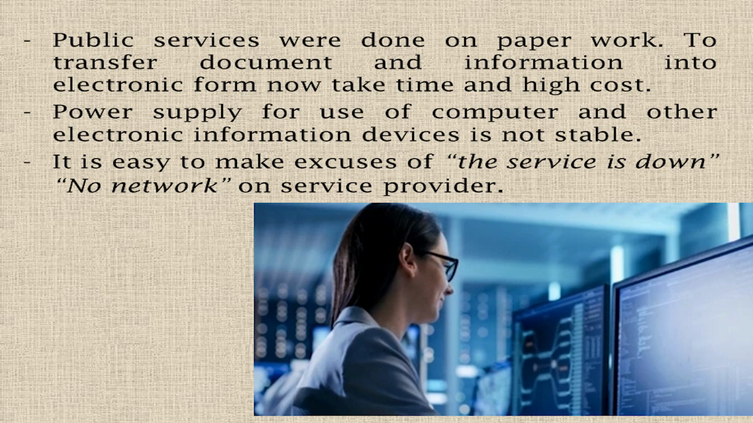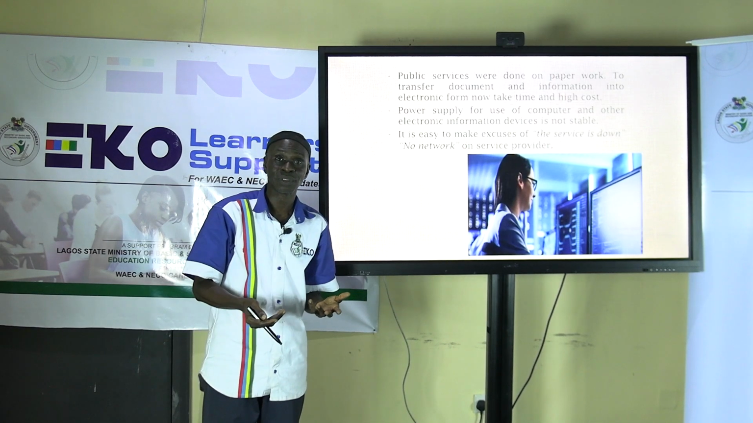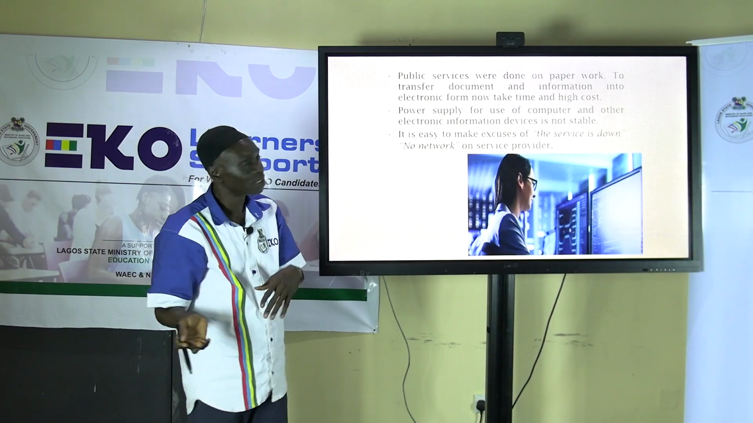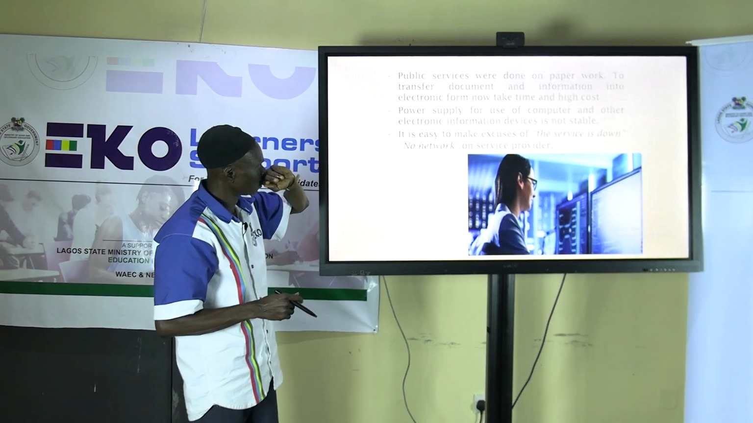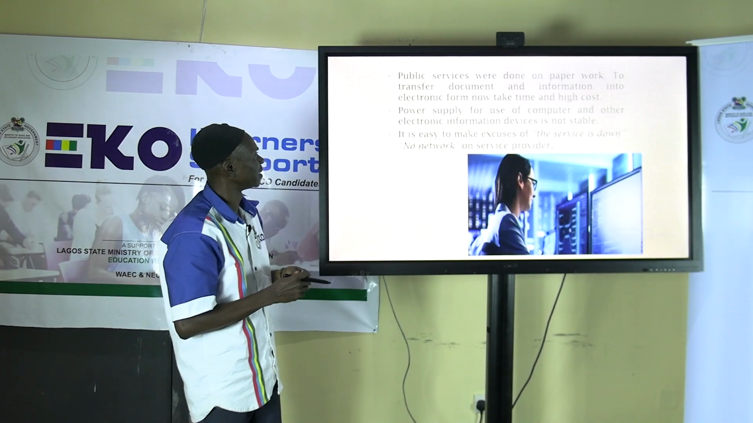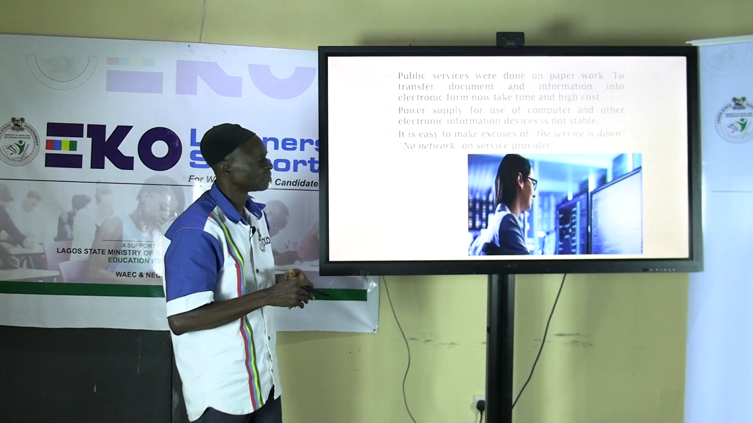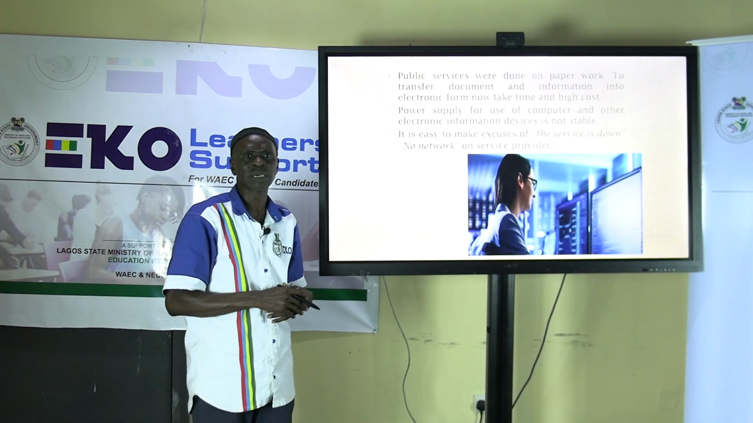To transfer documents and information to electronic form now takes time and high cost. For donkey years, the government service has been operating on paper and pencil or biro, or typing. It has not been easy to change immediately to e-government. And public service, like we said, has not been easily operated in such a way that we now have time being taken and requires high cost to train people and to let them key into the system of technology